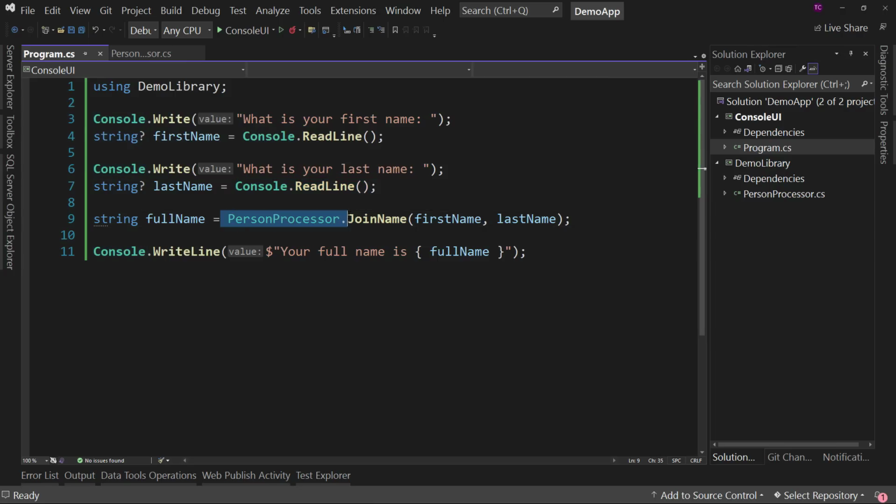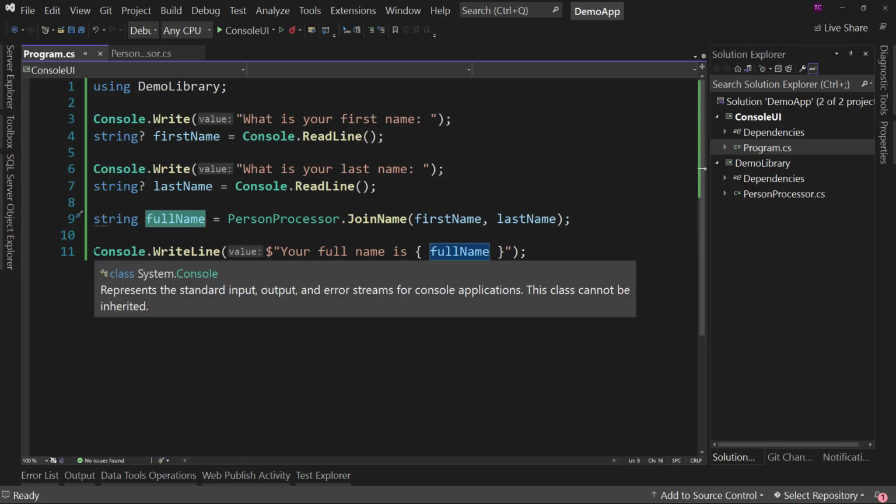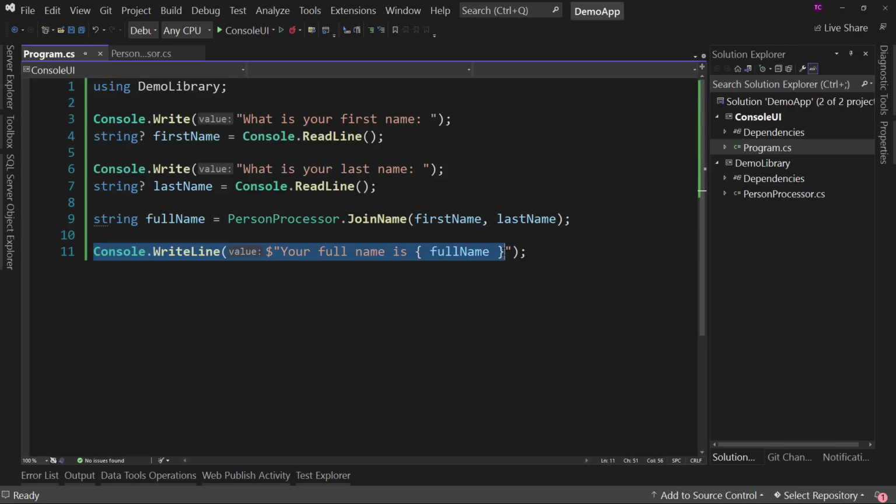And then the code that is not user interface specific, we call out and give it the information it needs and say, hey, do that work, and give me the results. And then we, again, do user interface specific stuff. So the user interface specific stuff is done in the user interface, but everything else is done in the class library. If you did not have any other plans to reuse the library, I think this is still valuable because